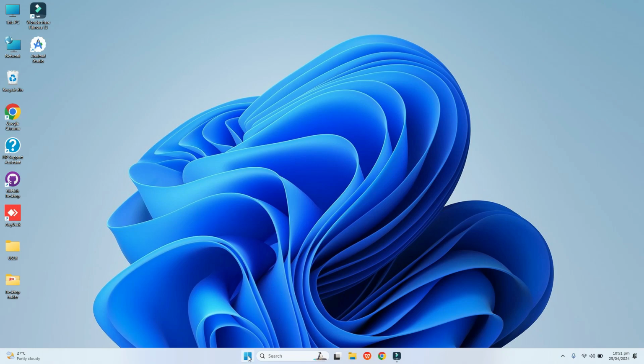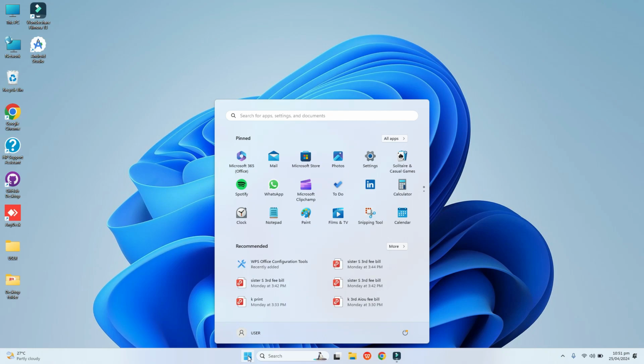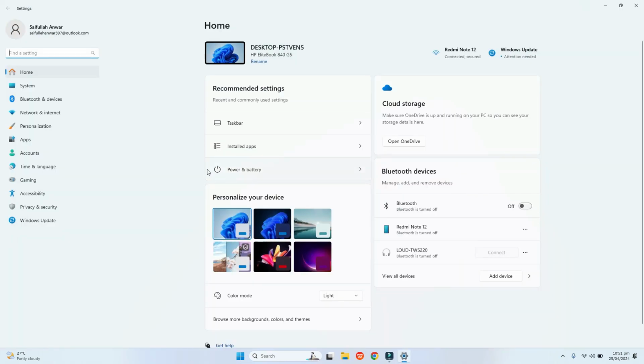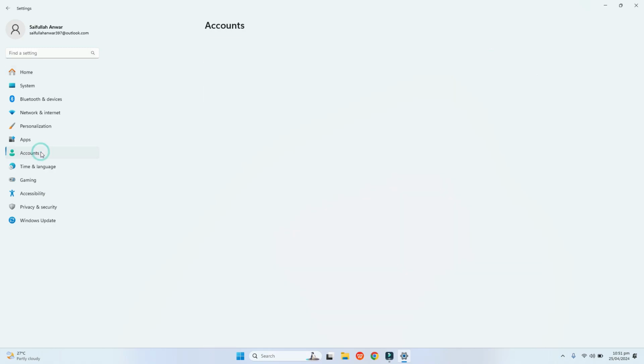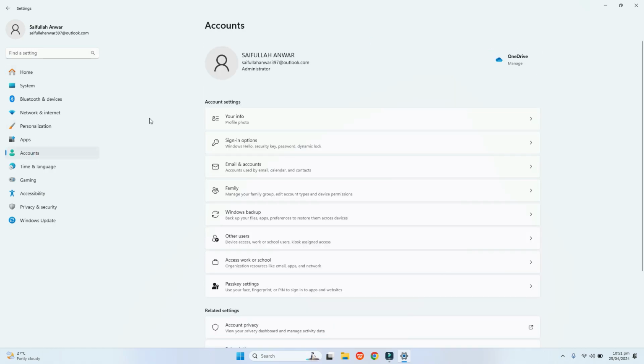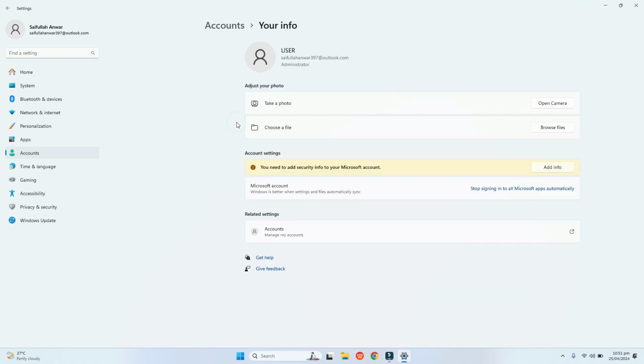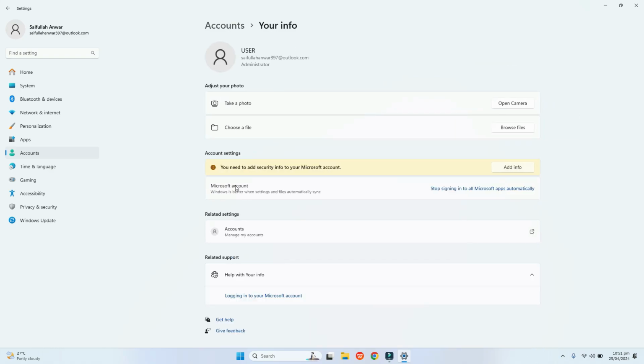Go to the menu, click on settings, click on accounts, click on your info. You have to find whether you have a local account or Microsoft account attached to your Windows 11. If you have a Microsoft account, then you can change your password from here by going to Microsoft account. But I have a local account, then go to the accounts,